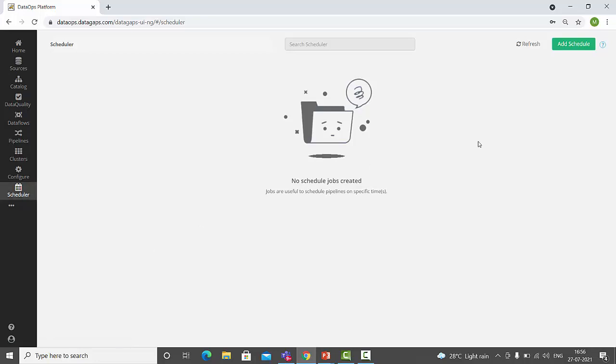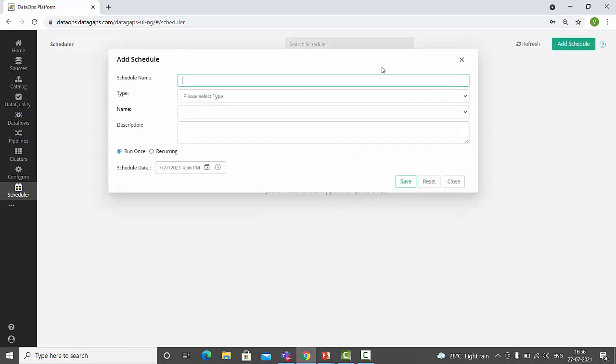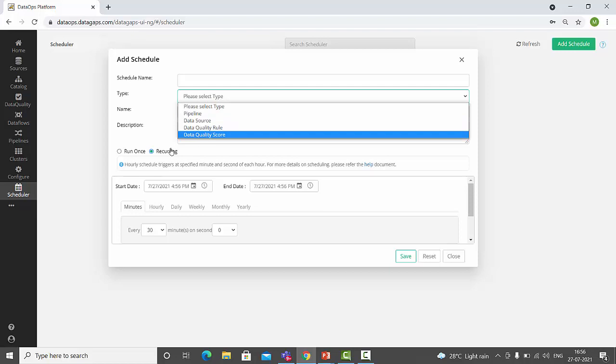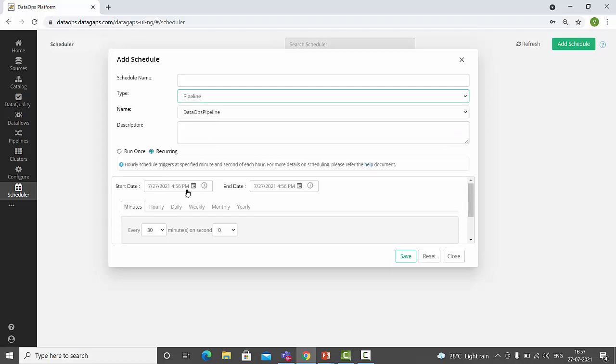This is a sample schedule I'm showing you, wherein you have scheduler name and type. In this type, we can select pipeline, data source, data quality, and data quality rule. Any one of these we can schedule using the scheduler. We can schedule, let's say, a pipeline at different times: we can have a start date and an end date. It could be on a minutes, hourly, daily, weekly, monthly, or yearly basis.